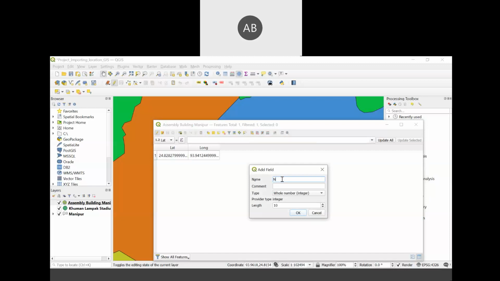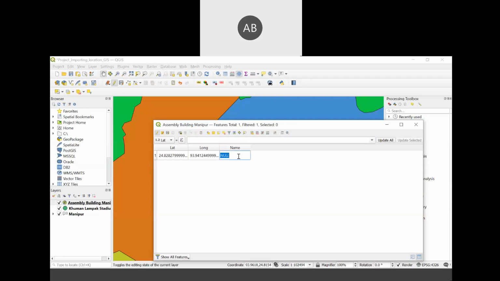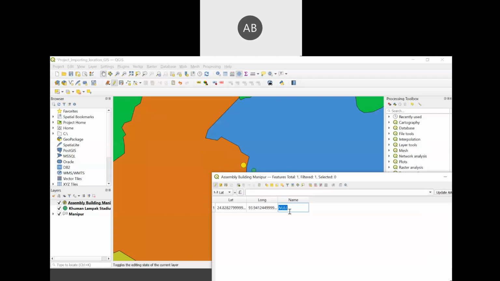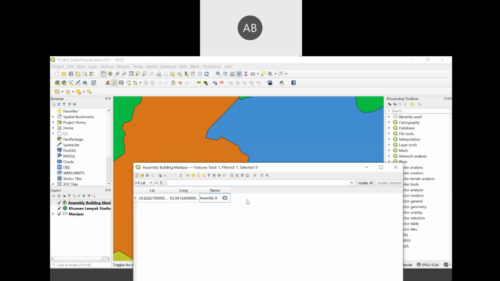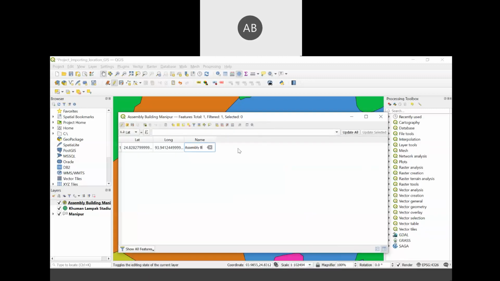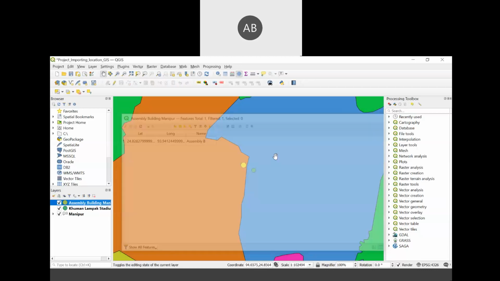I say name. So what is this name? It would be a text field. So I go to text and then I click OK. So this name field is created. What is the name of this location or this building? So the name is assembly building. I say assembly B, that means assembly building. Then I go there and I stop editing and save it, assembly building. Okay, for this stadium,